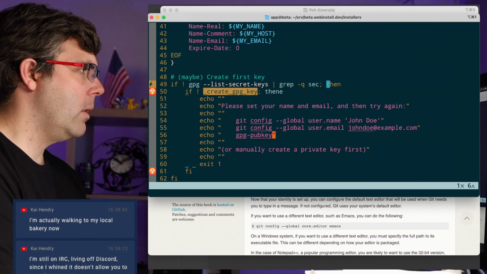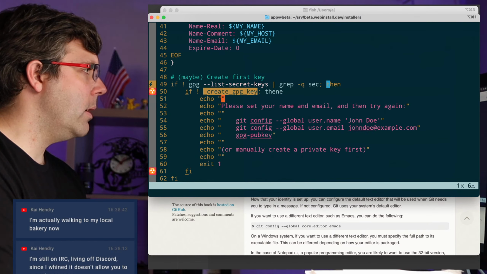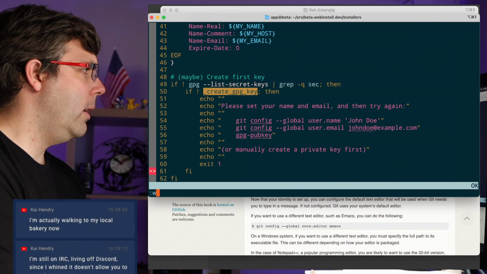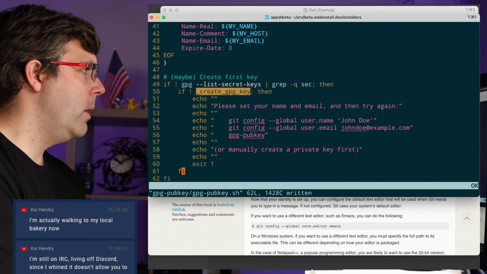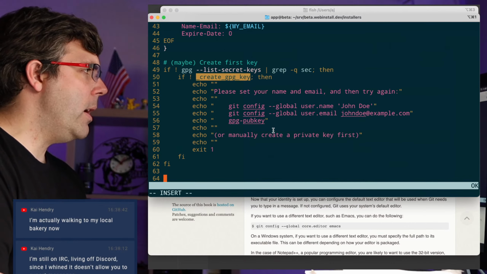gpg-pubkey. All right, so something went wrong here. What was it complaining about? Oh, yeah, I got the then wrong. Okay, cool. All right, so we're going to create the key, and then if everything goes well,